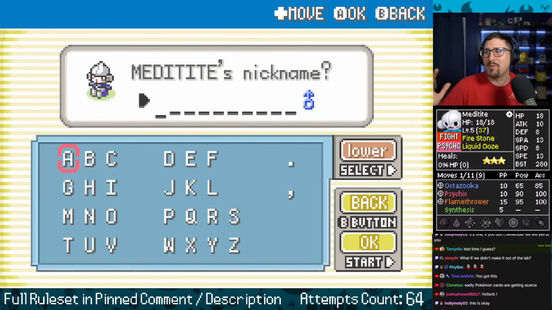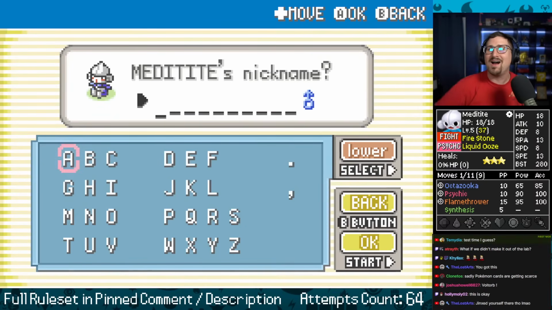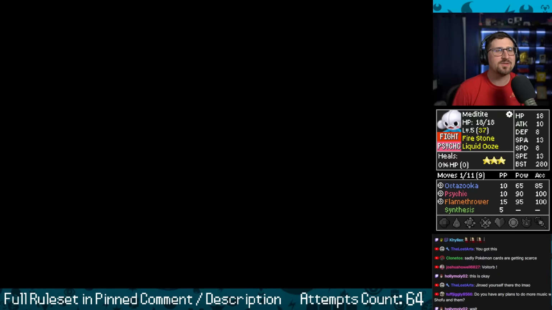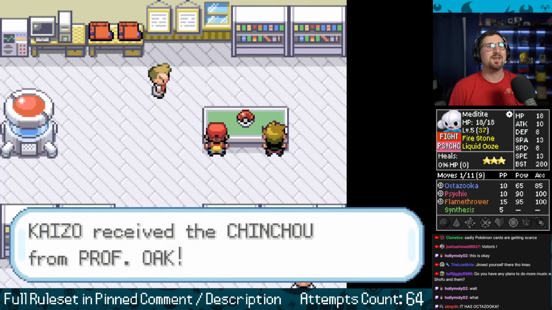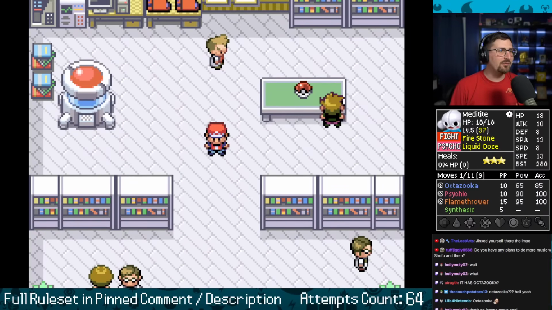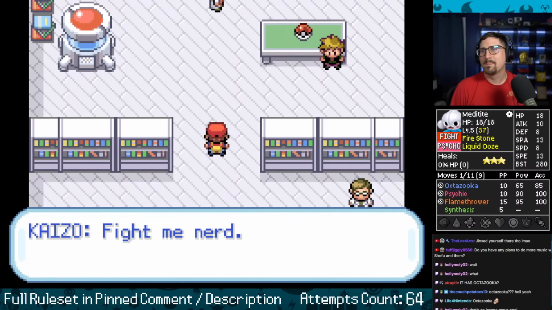If this was on a Pokemon with good stats, this Pokemon would be insane. Flamethrower, Psychic, Octazooka. Okay, Octazooka kind of sucks. But still, I'm also allowed to use Synthesis in the lab. I'm just calling him the GOAT, and we'll see if he lives up to the status. I want to go 4 for 4 on lab escapes. Would actually be unbelievable with the Vulpix pivot. Fire Stone. All right, let's do it.